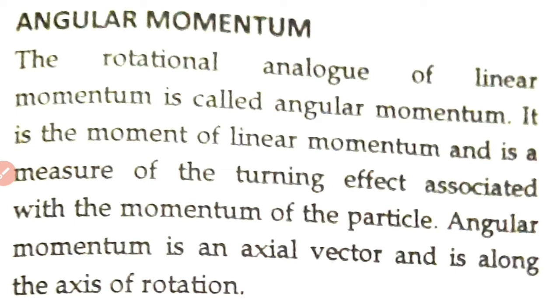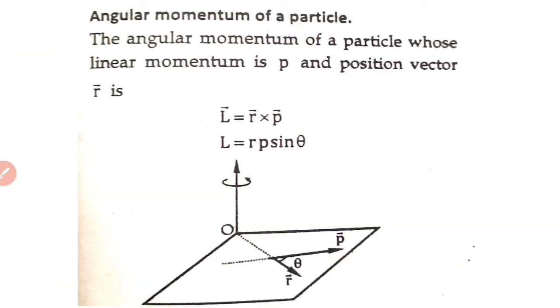rotation. The mathematical expression for angular momentum is given by vector L equal to vector r cross vector p. So the magnitude of angular momentum becomes r p sine theta, and in this equation, as usual, vector r is the position vector and vector p is the linear momentum vector. Linear momentum p means m into v. So that's how we have L equal to r p sine theta. So it can be m v r sine theta also.